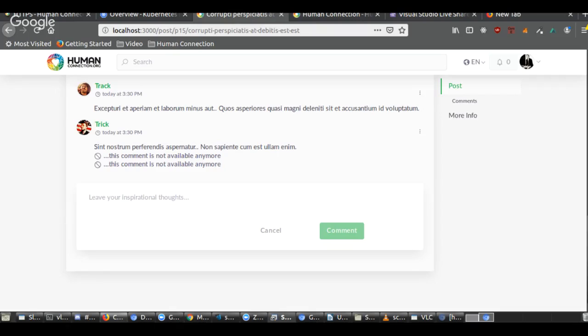My only comment about this is that the dot dot dot at the beginning is kind of confusing for me, because typically dot dot dot means that there's something that comes before this part, so it'd be like, what would come before this comment is not available anymore. Remove, no problem. Maybe you should put this into italics, so you can immediately see this is not the text of the comment, but just a message,